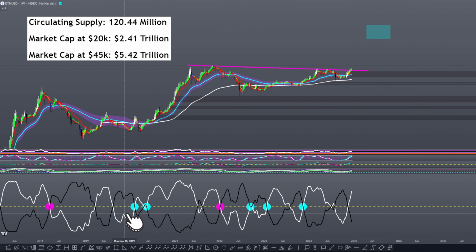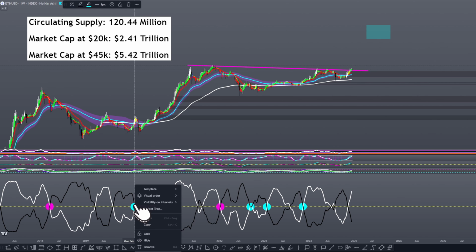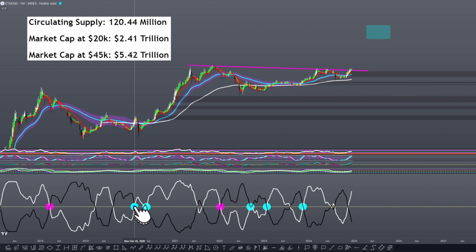So again, we had 1, 2, 3, the third prime bullish cross here happening in mid-February 2020. Again, this would be similar to what I was going over for Bitcoin, in that this third cross, with respect to this happening during phase 1 of the cryptocurrency market, happened leading into the local high before the March crash of 2020.